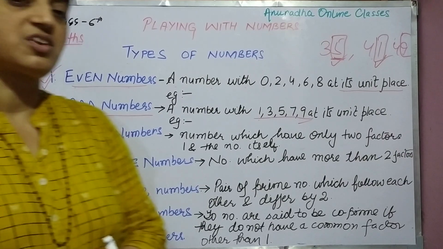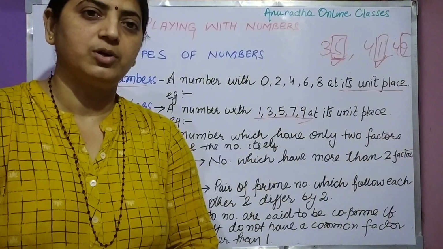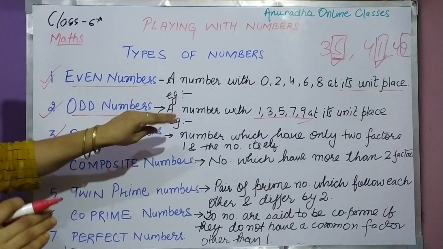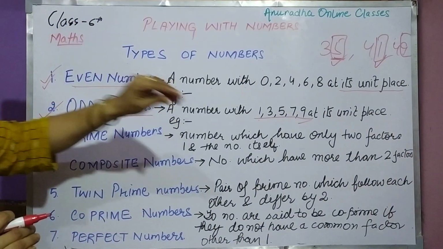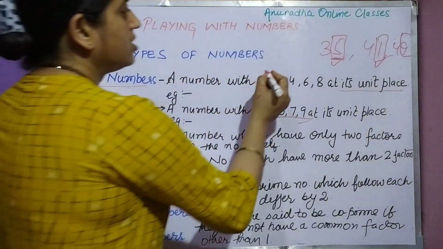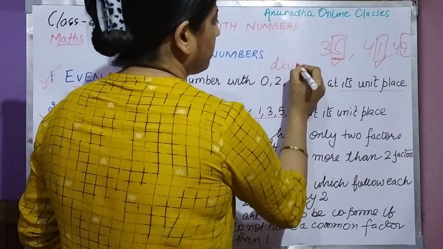What are prime numbers? Before this I must say, for even numbers, one thing is that the unit place should be as above, and one more thing: it is divisible by